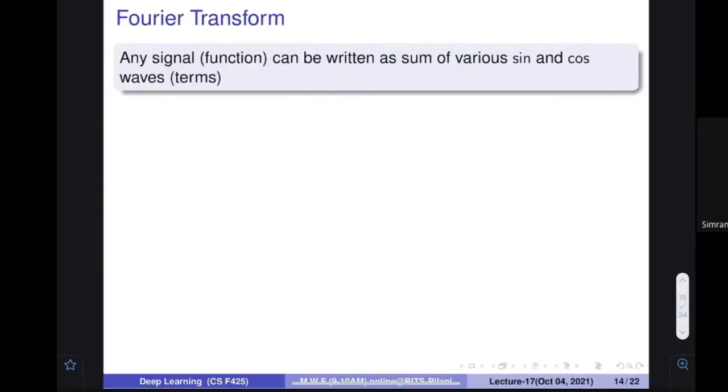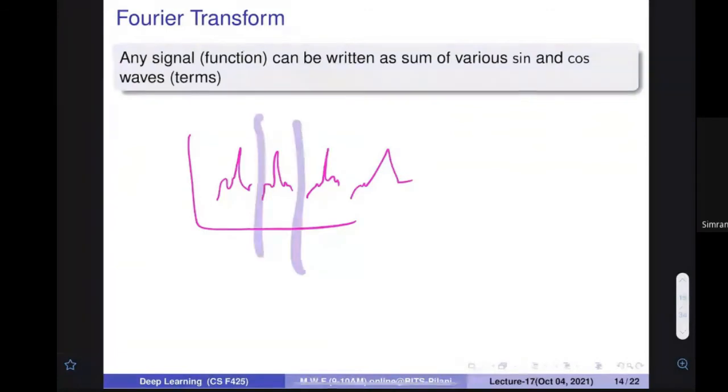Also, we have seen in the last class a very interesting notion called the Fourier transform. What is the Fourier transform? Very interesting idea: if you have a periodic signal, it means after some time it is going to repeat itself. For this particular duration the signal is given. Let's assume the signal is not periodic, and only for this particular duration you observe the signal. You can extend this notion so that places where observation has not been provided are going to repeat. With this understanding, we can think that all signals are actually periodic.